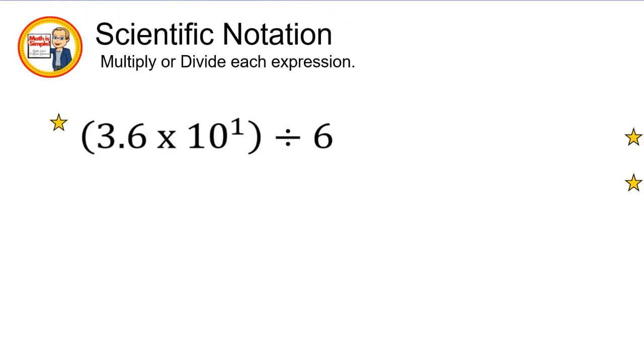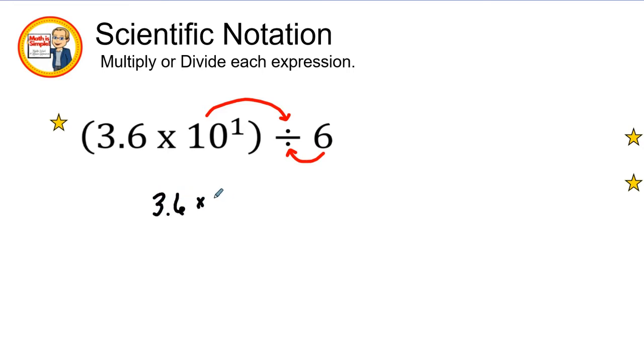Now, a couple of things to look at is when we are dividing, when I see this division symbol, I see that this first number or first expression goes on the top part, our numerator. See that dot right there stands for the numerator, and then our second number is our denominator. Therefore, when I have